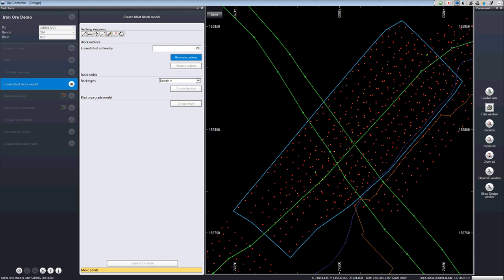And if you have another geological mapping tool, then of course we can take information from that and use it here in creating the model. The next step is to transform these lines that we're using into separate regions, so I'm going to use this button called Generate Outlines to do just that.